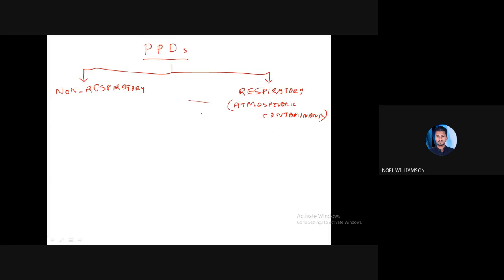And all other things come under the non-respiratory devices, that is protecting the head, eyes, hand, foot, body protection, etc. There are various devices for them that come under the non-respiratory.